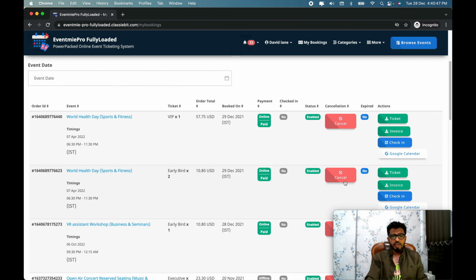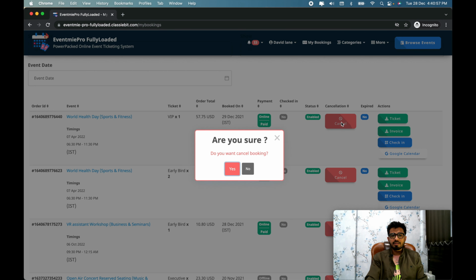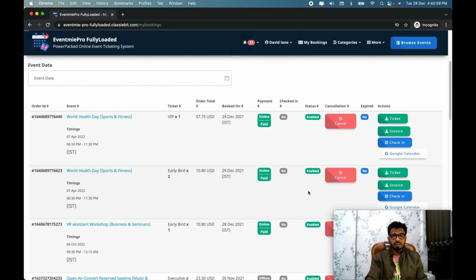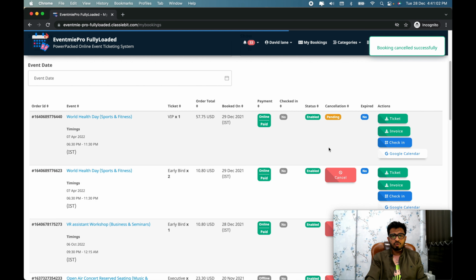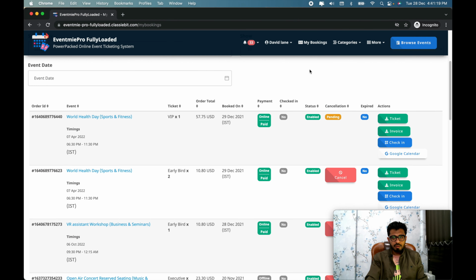Suppose you want to cancel this event ticket, like maybe your friend decided not to go there, so you want to cancel this. So you can simply click cancel. You can click on sure, and once you click on that, this cancellation request will be forwarded to the organizer and the admin, and any of them can approve your cancellation request and refund your money. So let's say